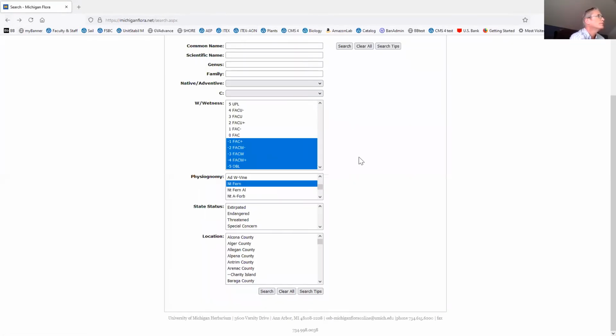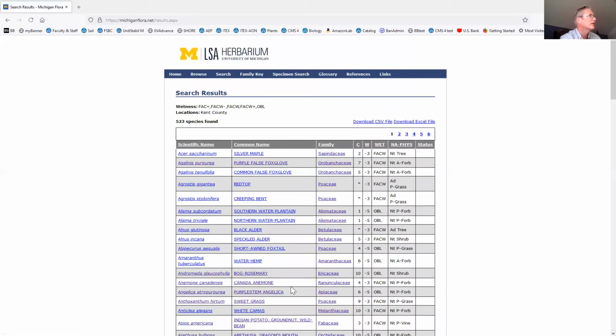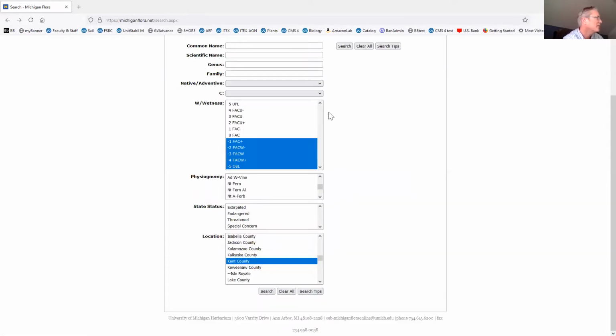Likewise, so if we unclick the fern, that's to say, I'm working in Kent County, right? Let's see, I'm still leaving all my wetland plants, and then I hit the search. This is going to give me a list of all the plants, wetland plants in Kent County. Now that's not very helpful because it's 500, but you could also go back and say,